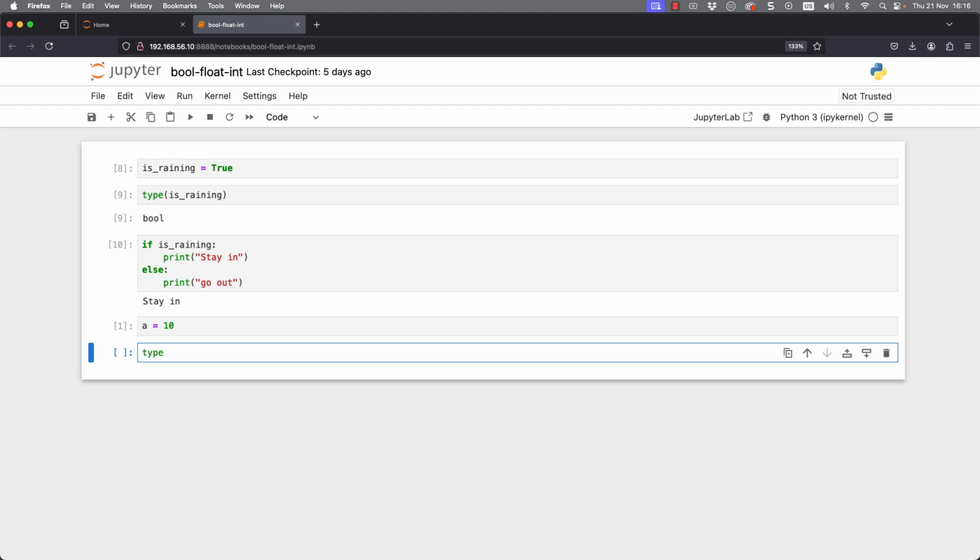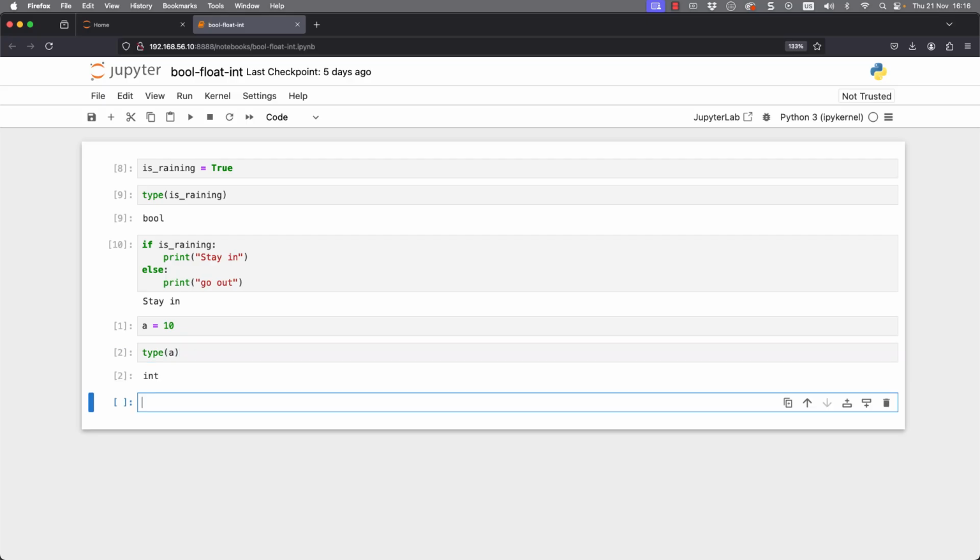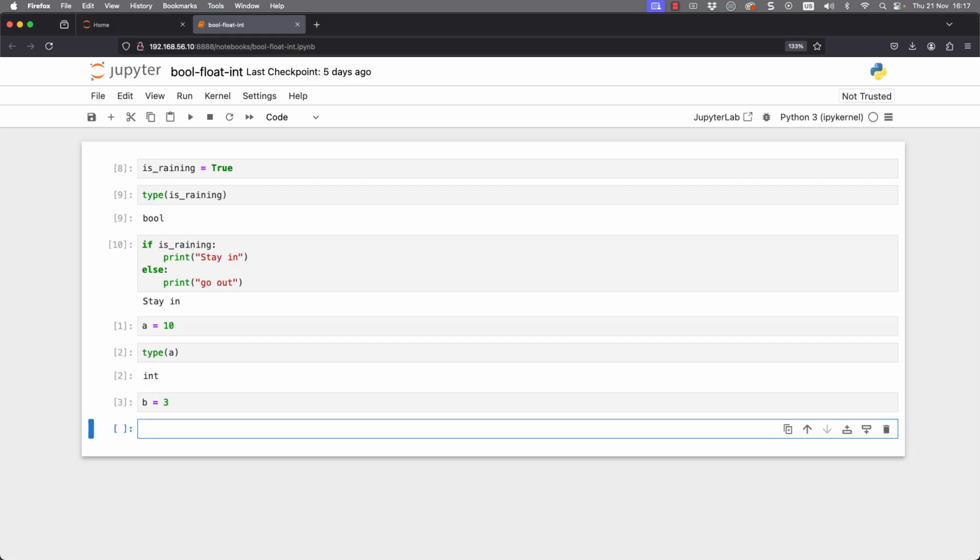But here if I put a equals 10, 10 is a whole number, so it's an integer. And when I look at the type of a, we can see then that variable a is in fact an integer, or currently it contains an integer. The whole thing with variables is that they could change their values stored. We can set up another variable. Here we can call it b. b has a value of 3. It's a complete or whole number, so it too will also be an integer. I don't think there's much need to go through and run the type command against b.